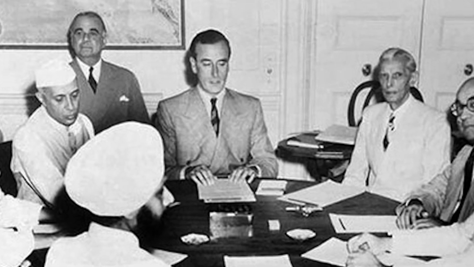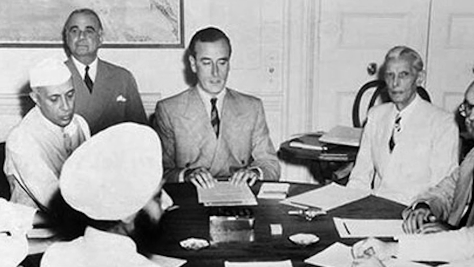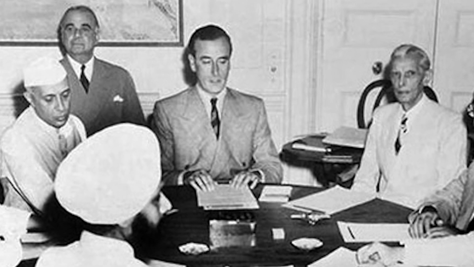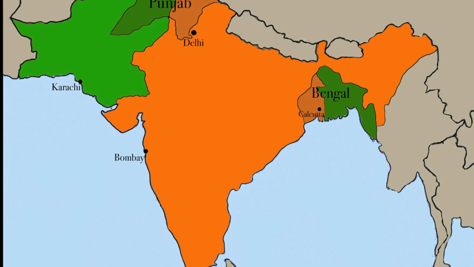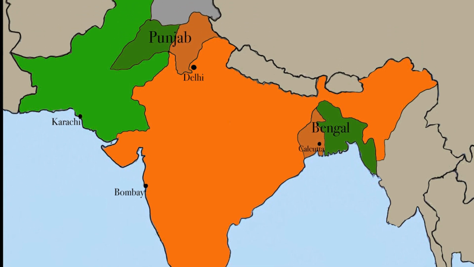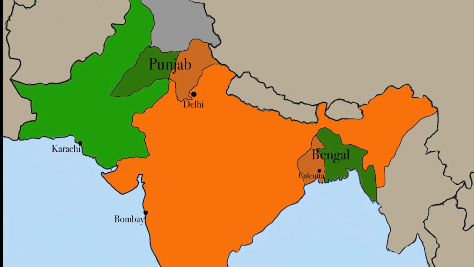So Nehru, Jinnah and Mountbatten now had 6 months to plan Britain's exit and divide the country. Cyril Radcliffe was the man in charge of drawing the border in 6 weeks, and of course this man had never stepped foot in India before. It was decided that the states of Punjab and Bengal, both with large Hindu and Muslim populations, would be split